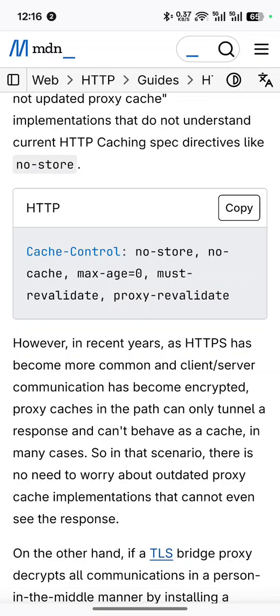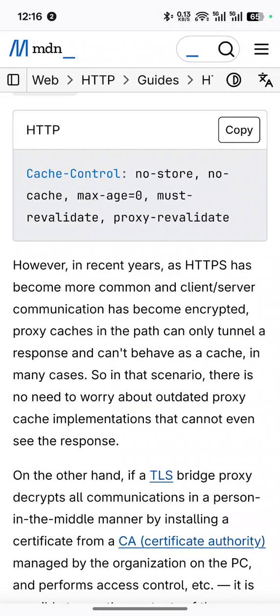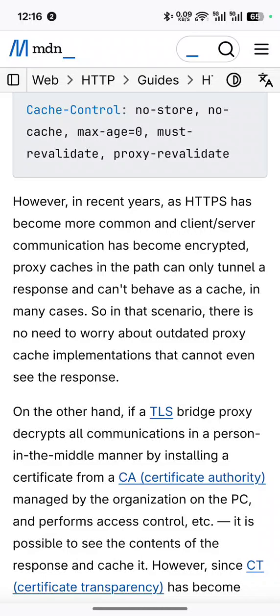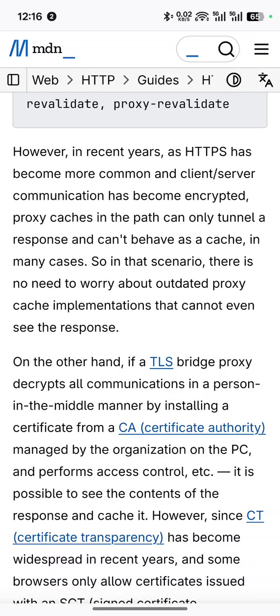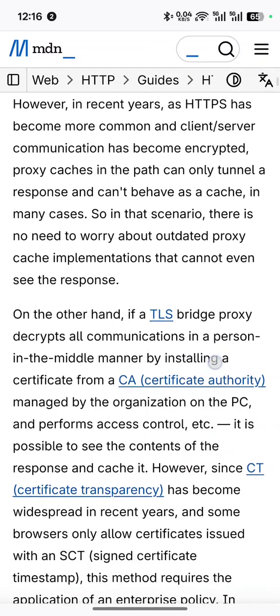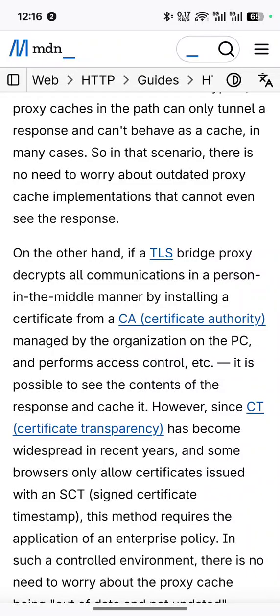However, in recent years, as HTTPS has become more common and the client-server communication has become encrypted, proxy caches in the past can only tunnel a response and can't behave as a cache in many cases. So in that scenario, there is no need to worry about the outdated proxy cache implementation that cannot even see the response. On the other hand, if a TLS breach